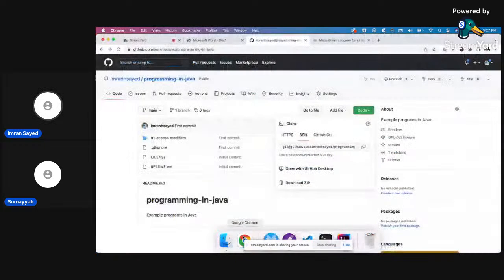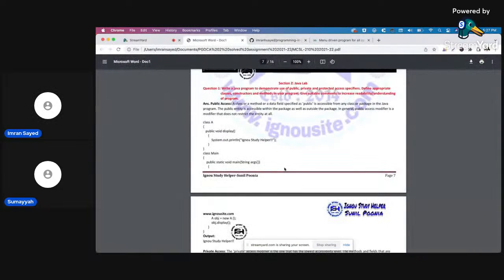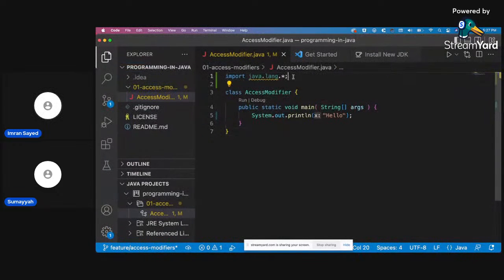Okay, so it's saying program to demonstrate use of public, protected access modifiers, define appropriate classes, constructors, and methods in your program, give suitable comments to increase the readability. Okay, so let's do that. I don't think we need it.